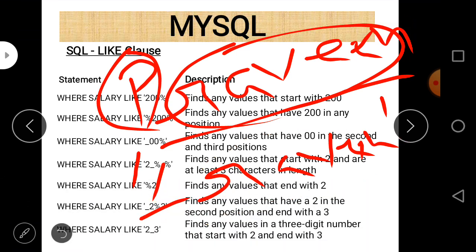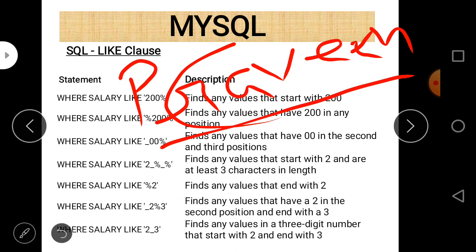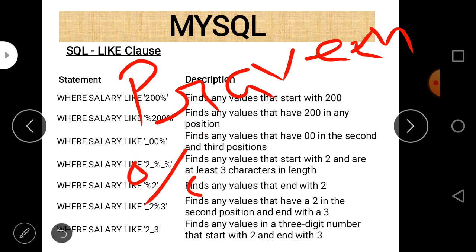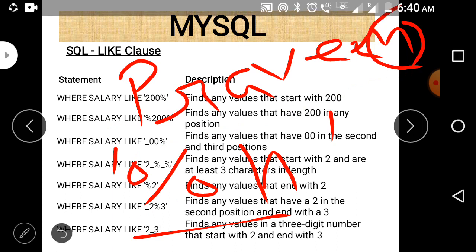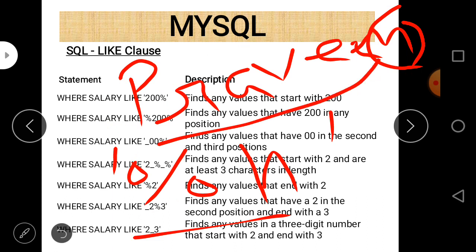But if you give just '%n', then what is the meaning of this? It means the last character should be n, and strings of different lengths are all accepted, but ending with n is the condition. That is the difference between underscore and percentage sign.